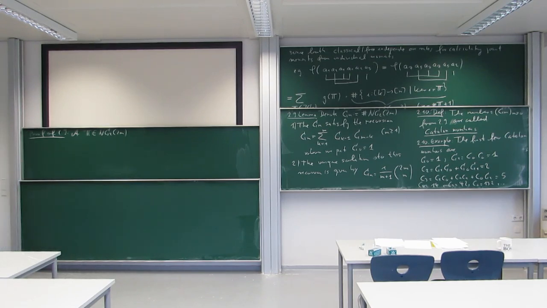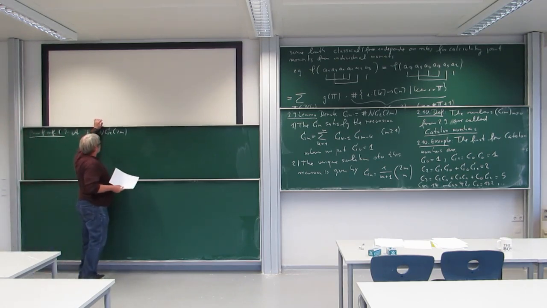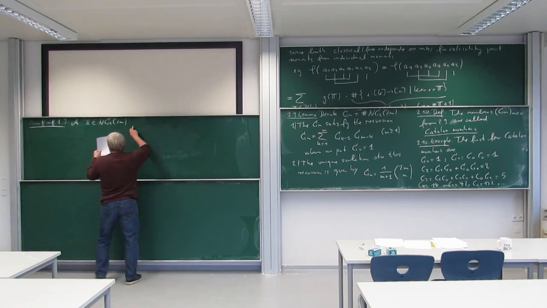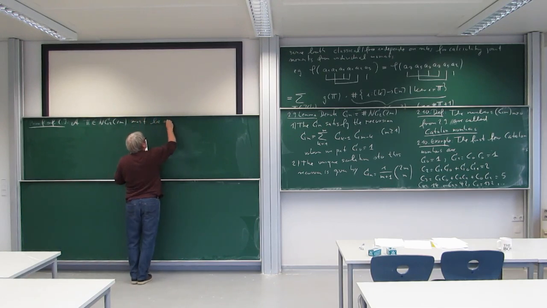But then it was very simple, because if I take the first block, I have so many possibilities, and then I'm left with the same problem of k minus 2 points. It doesn't matter how the points are distributed. And here we are doing essentially the same. We look for the possibilities of the first block, and let's say the first block is the block which contains the number 1. So the 1 must be paired with something, and then we are left with a problem of k minus 2 points. But now this problem is not just connecting the remaining points in a non-crossing way, because we also have to avoid a crossing with the first block. So, okay, pi in NC2 of m must be of the form: